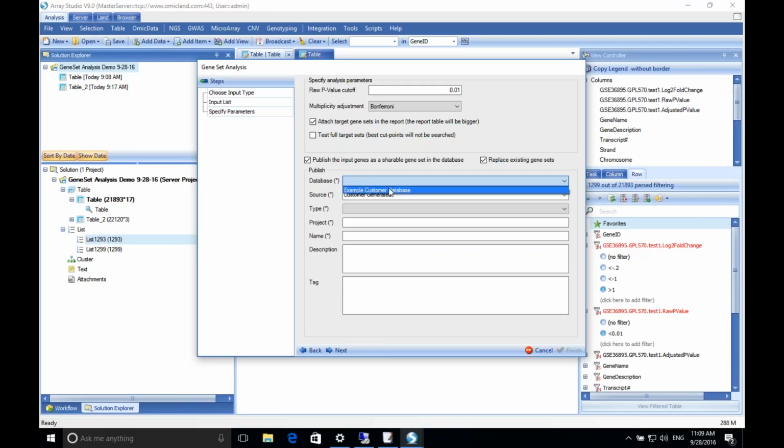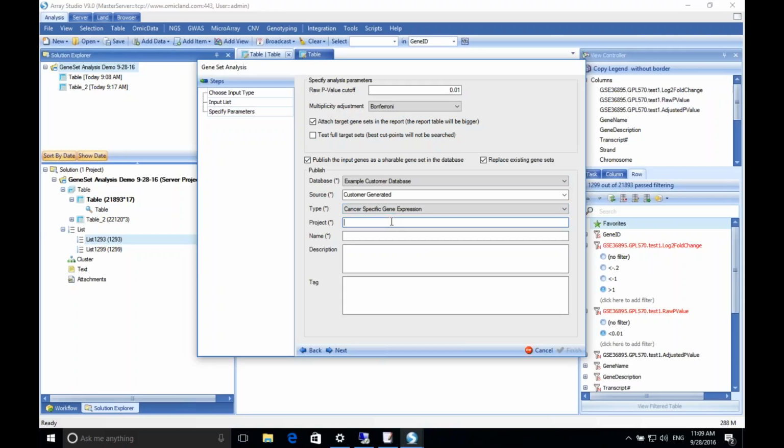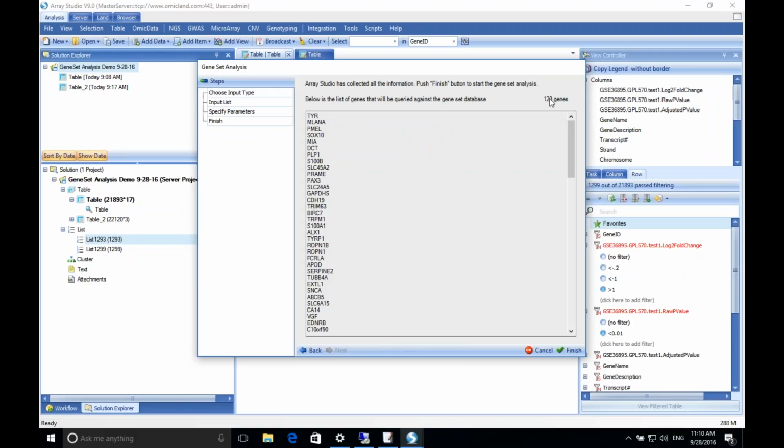And then you can also publish these sets to a customer database. So I have an example customer database here, and we'll call this cancer-specific gene expression because I took some skin cancer genes. I'm going to give it a name and a project, and maybe a description. There's also a tagging concept that I won't get into right now, but you can tag them as well. And so we'll click Next again. It's got a list of 123 genes. We click Finish,